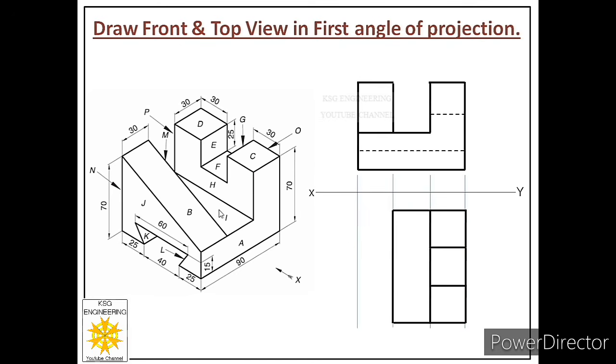Now we are ready with the visible parallel faces. Now we'll start with the visible inclined faces. That is only one face, face B. Now when you look from the top at face B, you cannot see this dimension as its width. You will see this base as the width for face B, and how much is that? That is equal to 90.